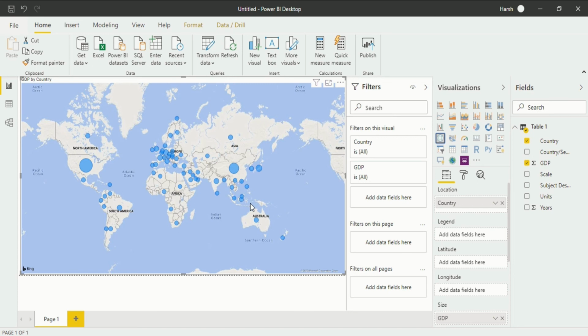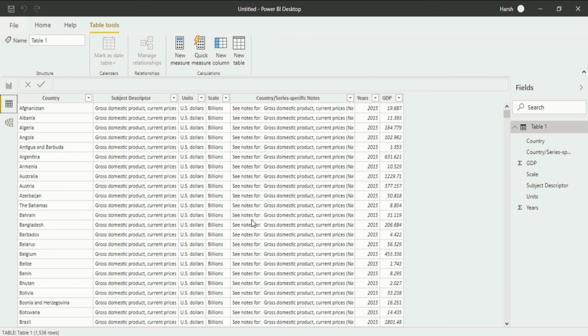Now let's focus on the column, because now I will switch to the data view. And in the data view, we will see that the visualization column is gone. This has a simple reason: you cannot visualize anything right here, so you don't need that column.